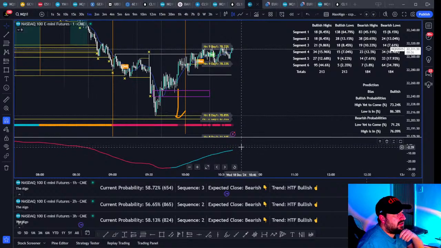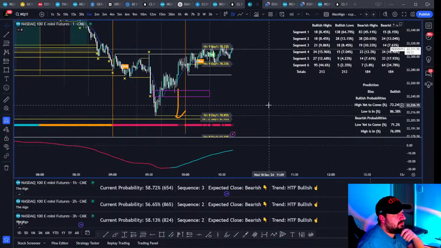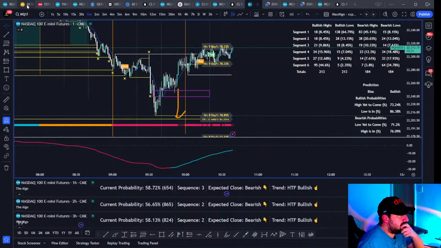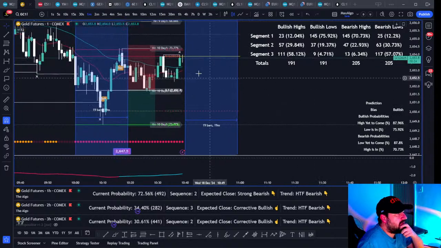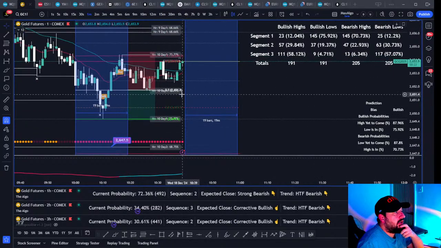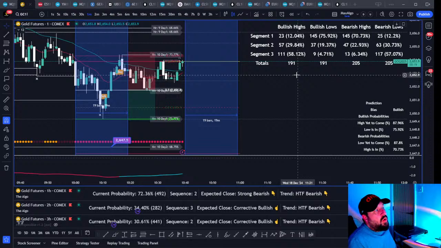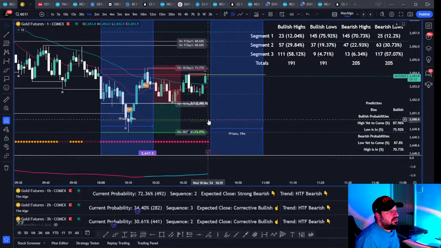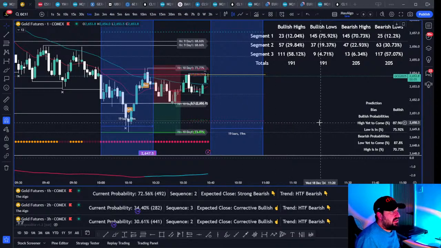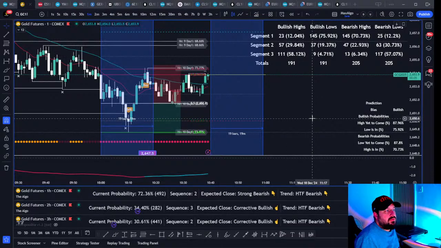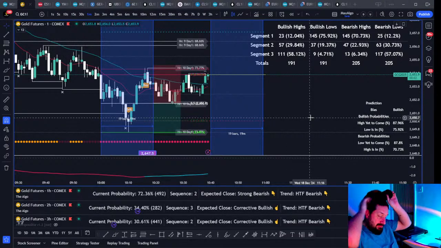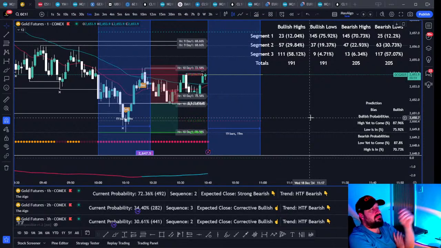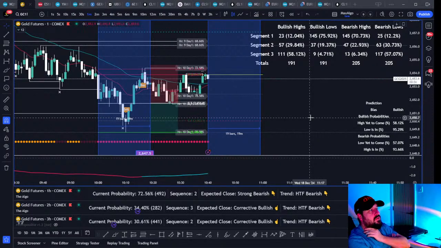NQ's getting close to the zero line. Gold has retapped the open. This is the 9-minute candle, so this candle is important. Seeing this close above the open will be a big indication. Closing below is another indication as well. So let's see. We've got seconds left. If it closes on it, then that's unfair. It closed on it.